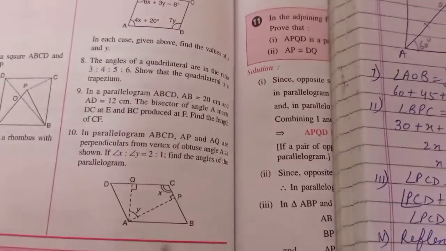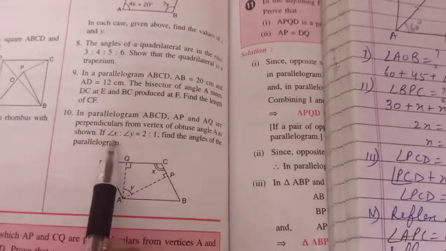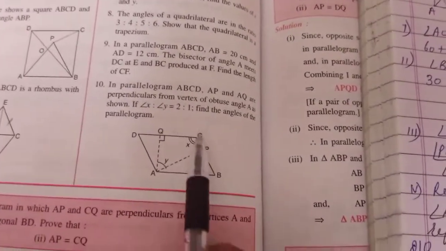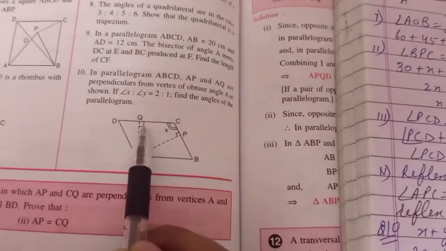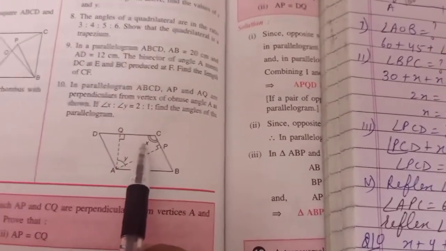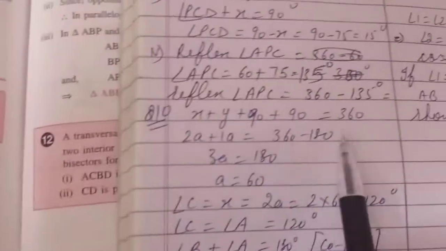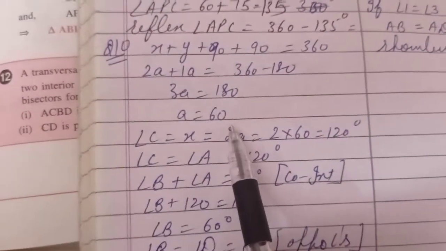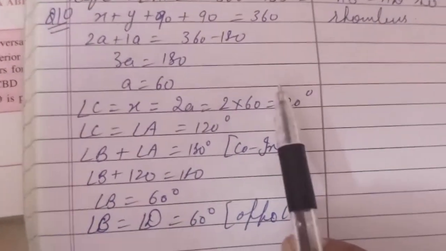10th question, this is a given figure. Ratio of x to y is given as 2:1. So you can see that this is a quadrilateral, and in a quadrilateral, the sum of the 4 angles will be equal to 360. I wrote it here. Ratio of these two angles is given. So from here, A can be found and then all the angles you can find out.